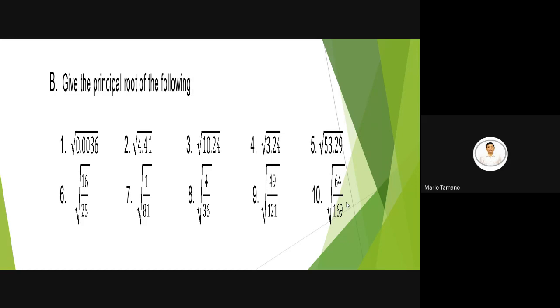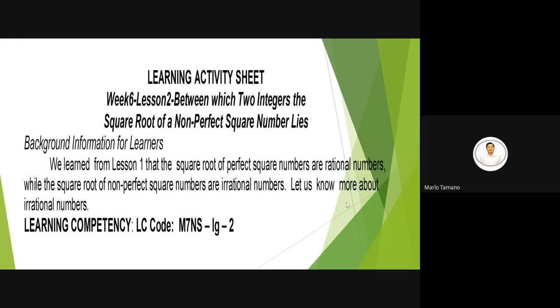But when we say square root, dalawa na po. So the square root of 16, positive, negative 4. Square root of 25, positive, negative 5. Okay? Let us continue. For this lesson 6, we learned from lesson 1 that the square root of perfect square